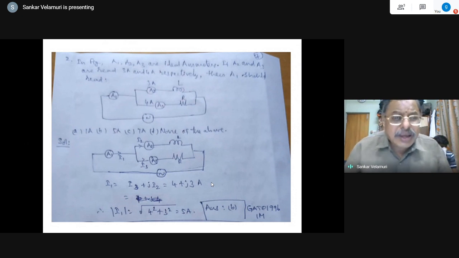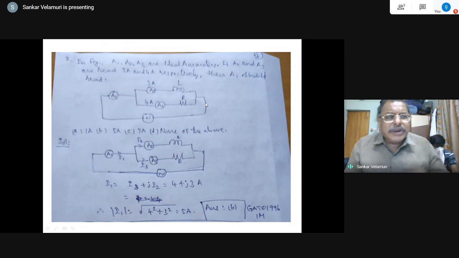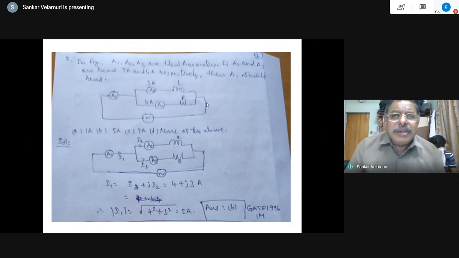So next one, there are umpteen number of problems in solving these AC fundamentals. A few only I have selected for illustration because we have limited time. One unit is to be covered in a span of 1 hour of lecture and 1 hour of objective type questions and other things. Keep on doing it. It is only one part of the subject in the GATE syllabus, so we try to cover it in this way.